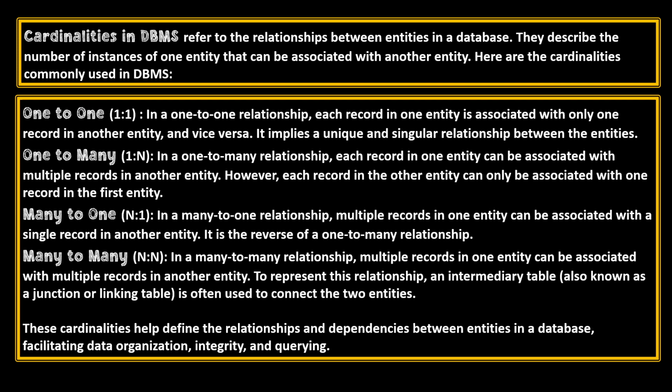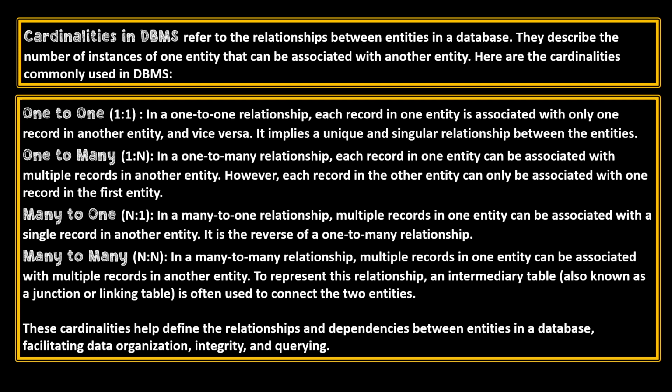Many-to-many, n:n. In a many-to-many relationship, multiple records in one entity can be associated with multiple records in another entity. To represent this relationship, an intermediary table, also known as a junction or linking table, is often used to connect the two entities. These cardinalities help define the relationships and dependencies between entities in a database, facilitating data organization, integrity,